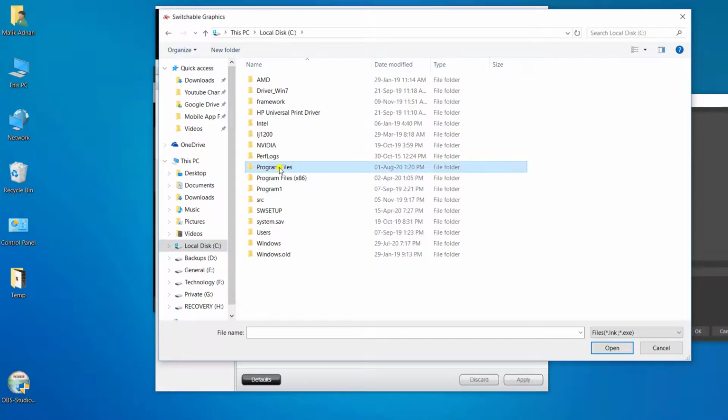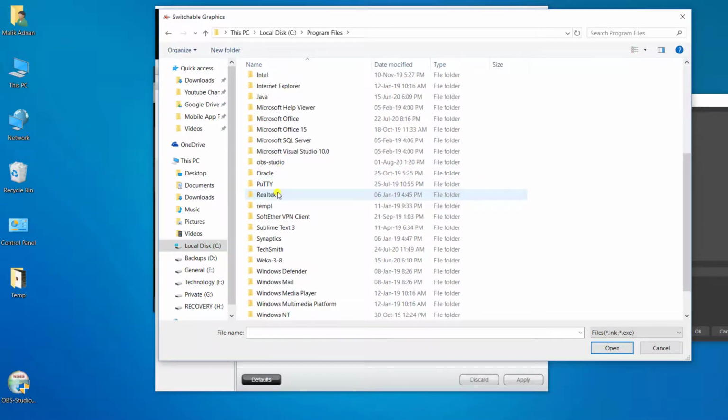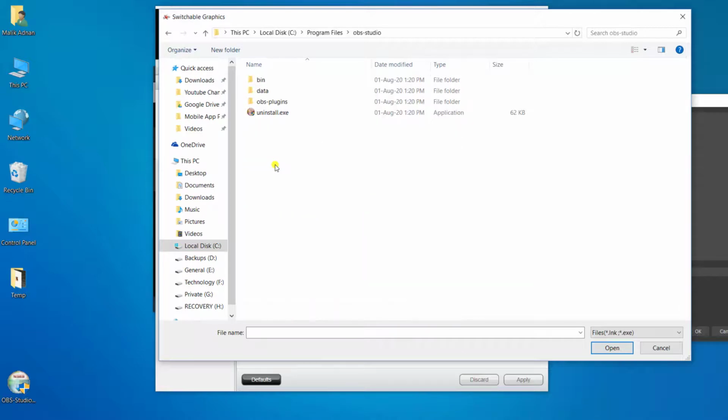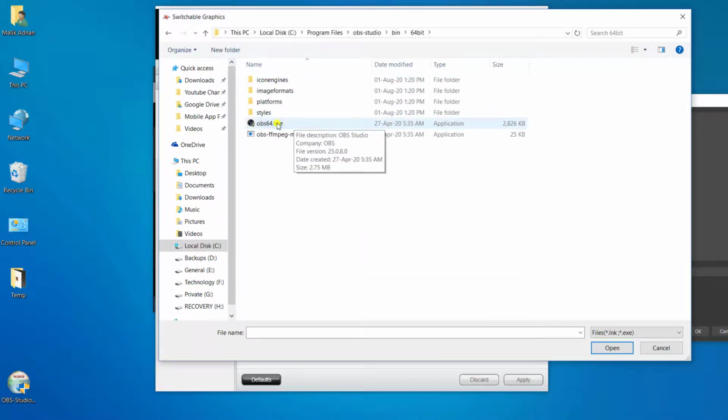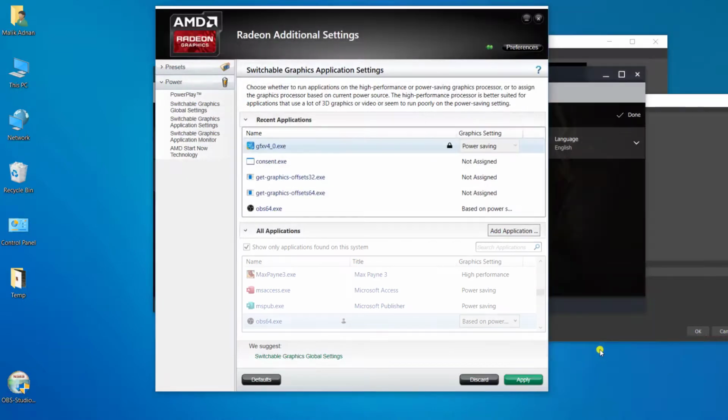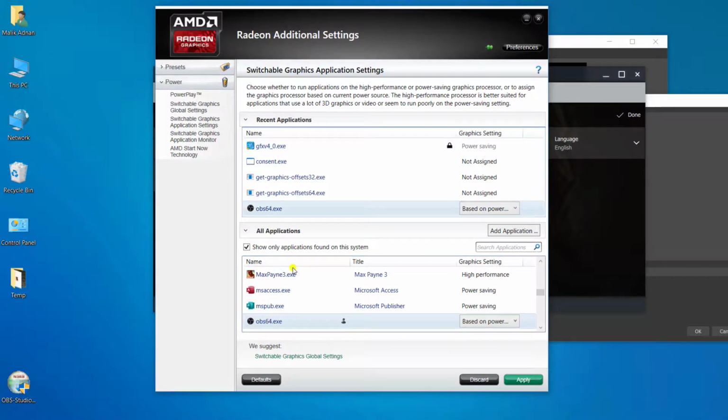So I'm locating the OBS Studio file again. Here it is. Just open this, and now I am telling the AMD graphics card to use this exe file that I have added for OBS as power saving.